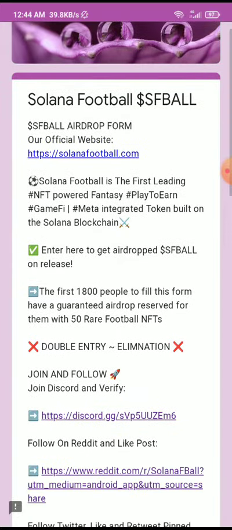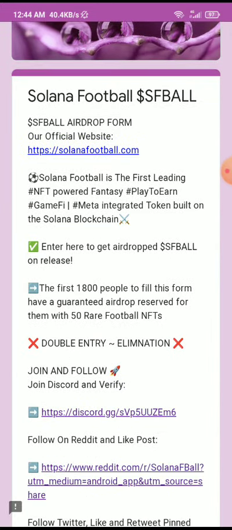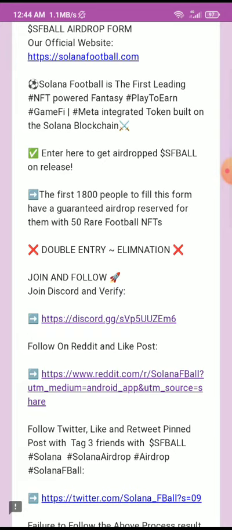So once you head on to solet.io to create one for yourself, come back to this particular video and click on the description. In the description of this video, I'll be dropping the link, the Google Docs link that will bring you to this particular page. So when you get to this particular page, you can now participate in all the entries for you to qualify for the airdrop. So right here you can see this is the official website solanafootball.com, and the airdrop is for